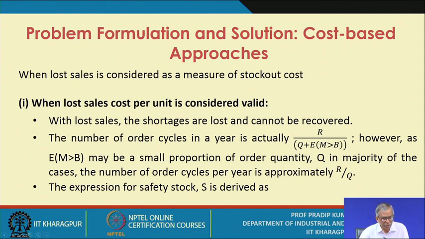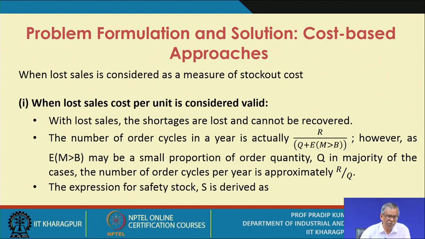So with lost sales, the shortages are lost and cannot be recovered. This point is to be noted, because in general, when you deal with the inventory control problem, the lost sales case is taken very seriously, particularly for the critical items,